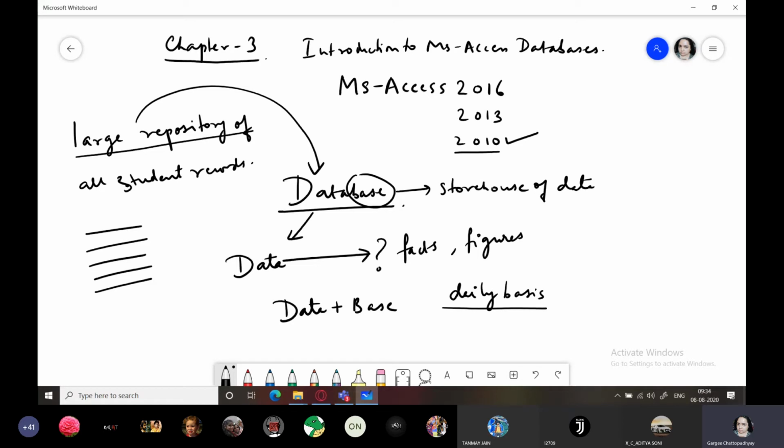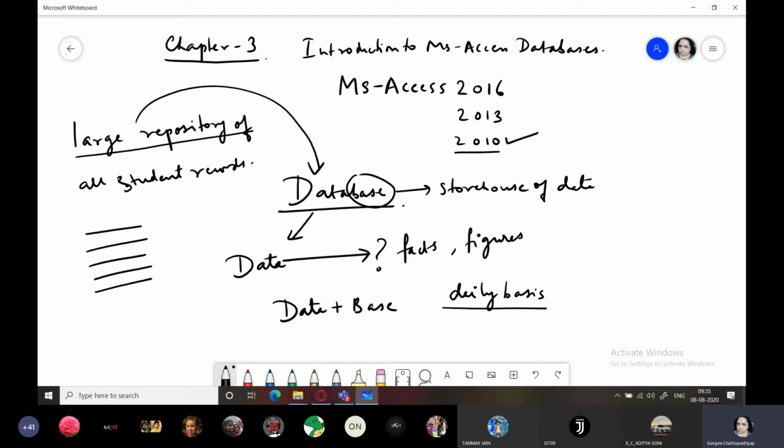You want to seek admission into a school. Nowadays, most admissions are done online. So what happens is you open the website, you click on the link, a form appears. You fill in all the details and you click submit. The moment you click submit, what happens? The entire data gets saved or transferred to the database. So every detail is saved over there. The same thing happens in our school also.